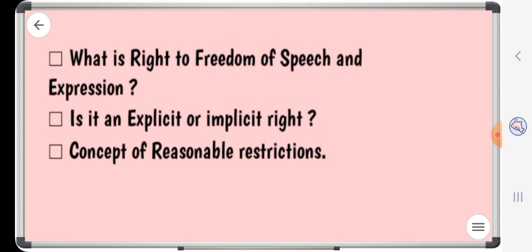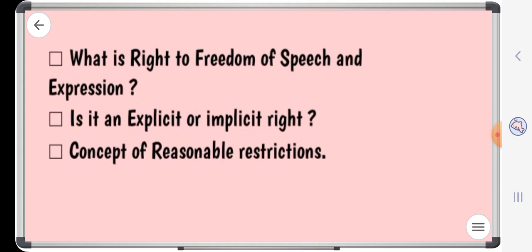However, there are also guidelines internationally concerning this freedom, such as the Universal Declaration of Human Rights, the European Convention on Human Rights and Fundamental Freedoms, the International Covenant on Civil and Political Rights, etc. All these international agreements also focus on this right, and in the context of India as well, this is an explicit right as it is mentioned in the Constitution of India in Article 19,